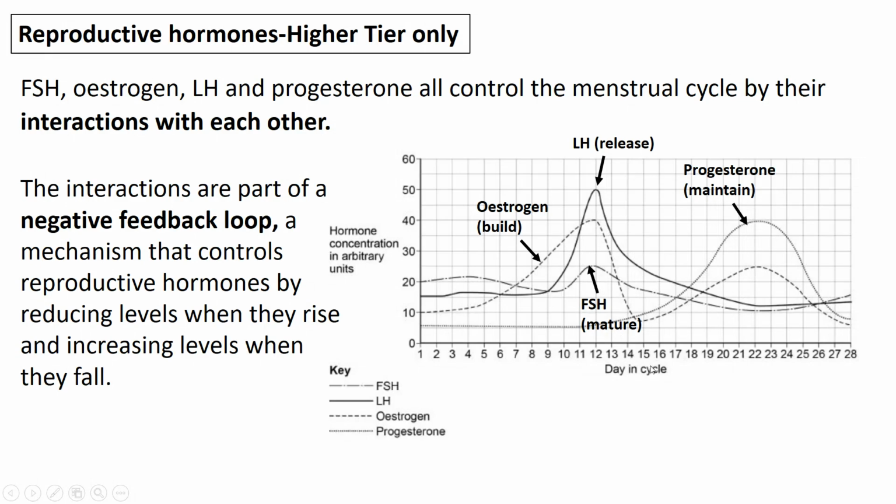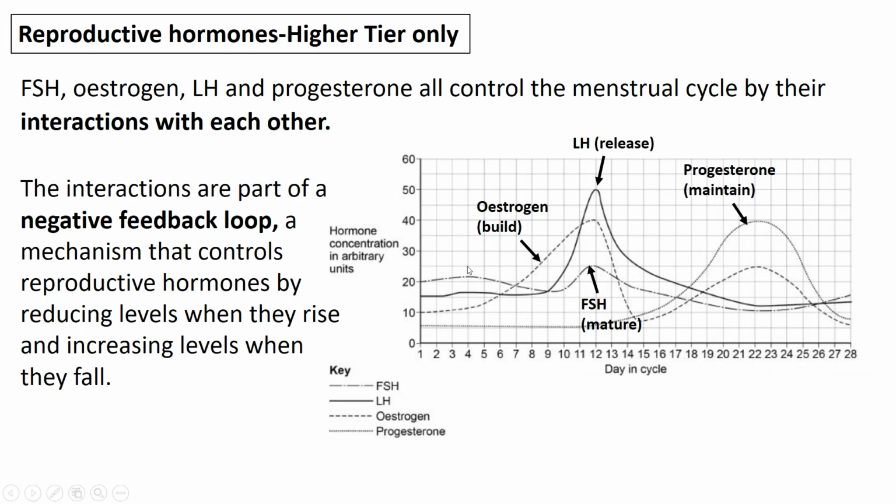in the menstrual cycle. And they all interact with each other. These interactions are all part of a negative feedback loop. A negative feedback basically means that you are reducing levels when they rise and increasing levels when they fall in order to maintain the optimum